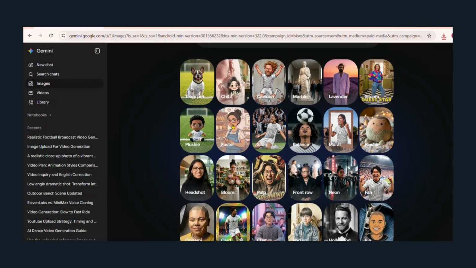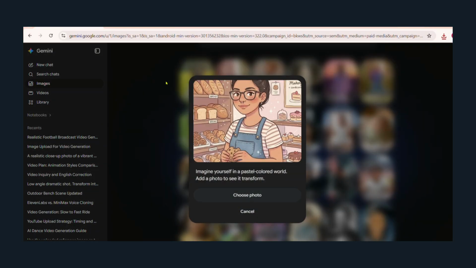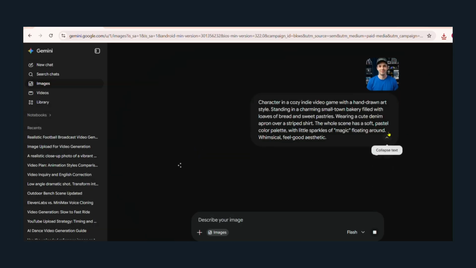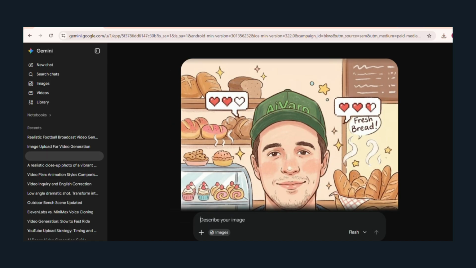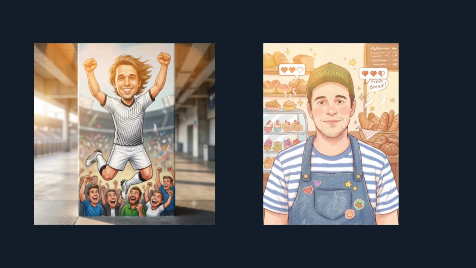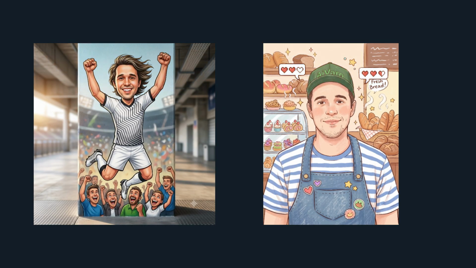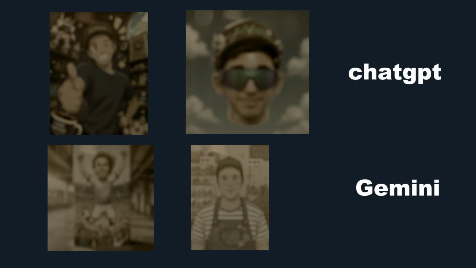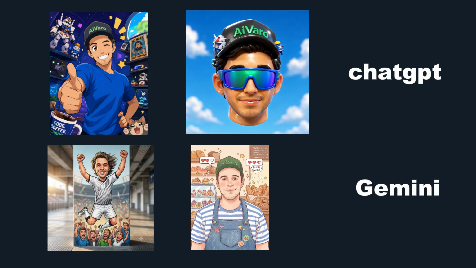For our second test, let's try the pastel style. We'll follow the exact same process, hit generate, and let's see what Gemini gives us. Take a look at both of these results side by side. Now that I've shown you the results from both ChatGPT and Gemini,